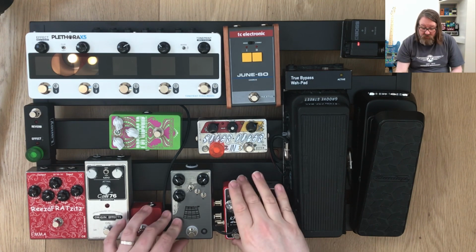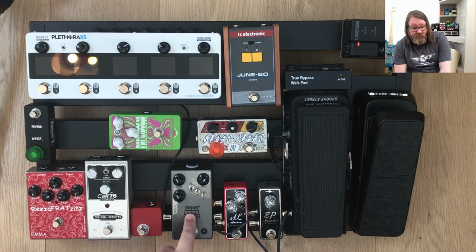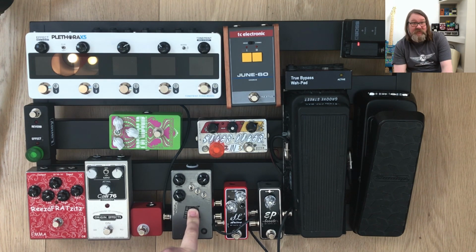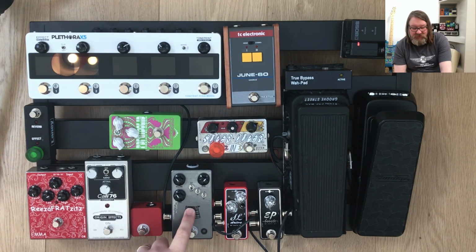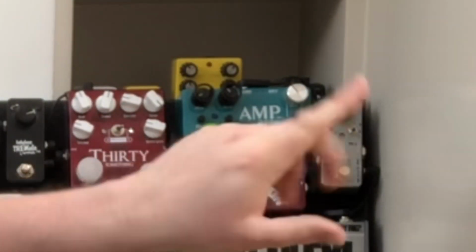Then it doesn't go into the SL drive here, it goes into the Kilt by JHS. This is a really cool pedal. I really like this gain pedal because it does a really nice sort of low medium gain, pretty, I'm going to use the word transparent, no big mid humps, no big EQ changes with it set flat, which was really nice. I used to use the Love Pedal Amp 11 for a similar kind of sound,